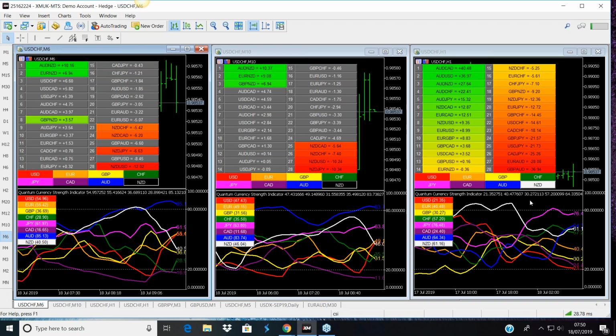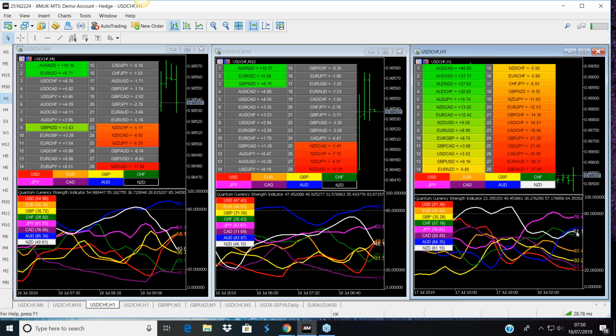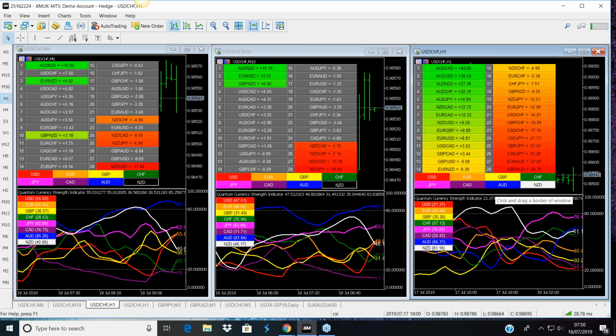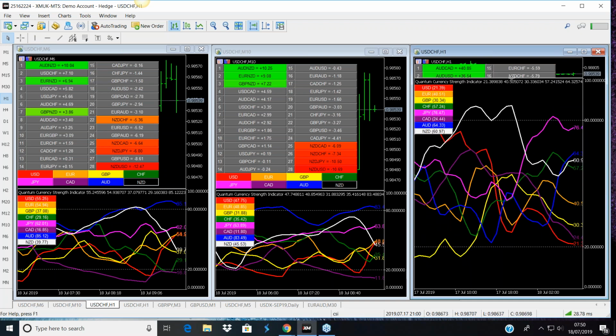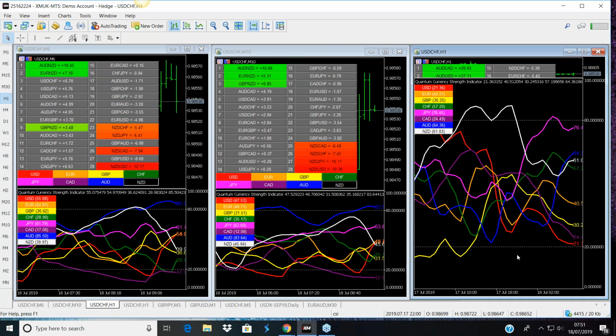In terms of the slower time frame of an hour, and this is really what it all comes down to, if you're looking at something like the Aussie Canadian, for example, where it's very overstretched in terms of the 6 minute and the 10 minute. So the Aussie is very overbought on 6. The Canadian dollar is very oversold on the same time frame, and equally so on the 10 minute. But when you get up onto the hourly chart, there is a potential for further travel in that particular pair,